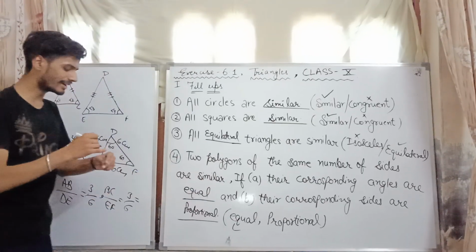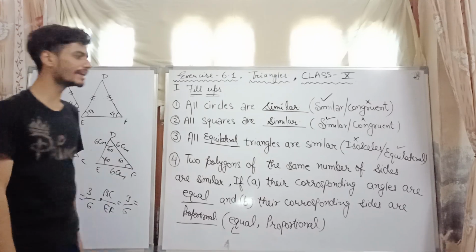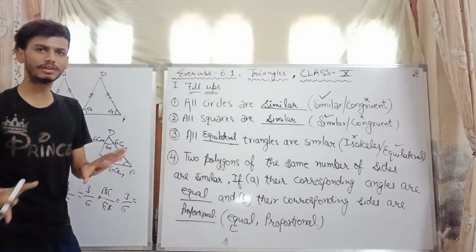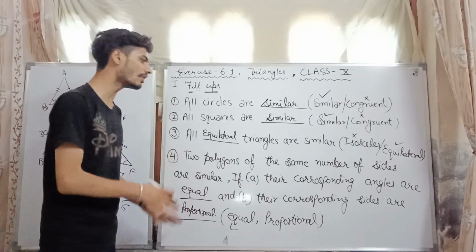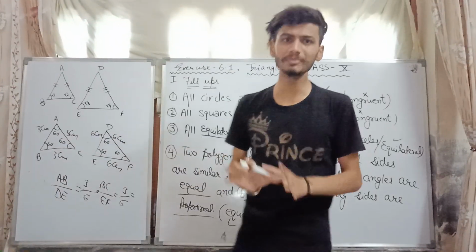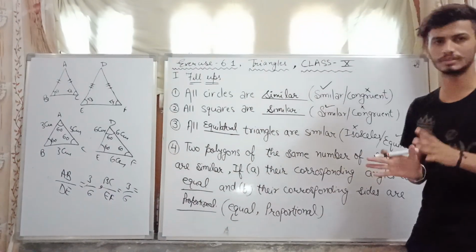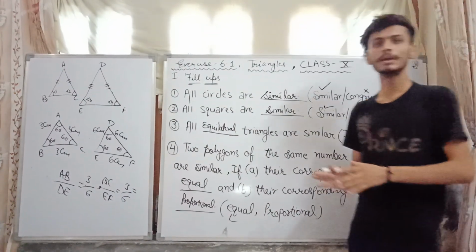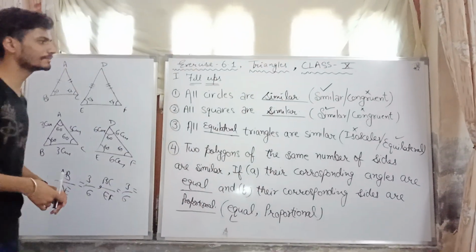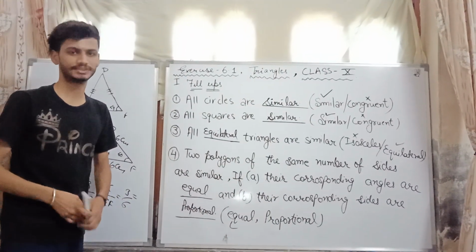The fourth filler provides a statement of the same principle of similarity, that the concept of similarity says that all the corresponding angles are equal to each other for the common shape, and the sides are of the same proportion for the given shapes. So the fourth statement provides the concept of similarity.